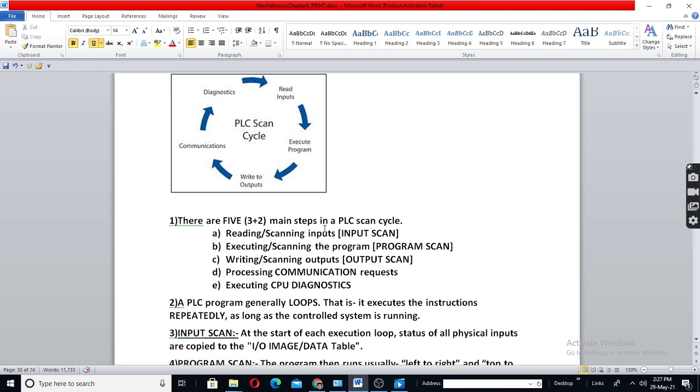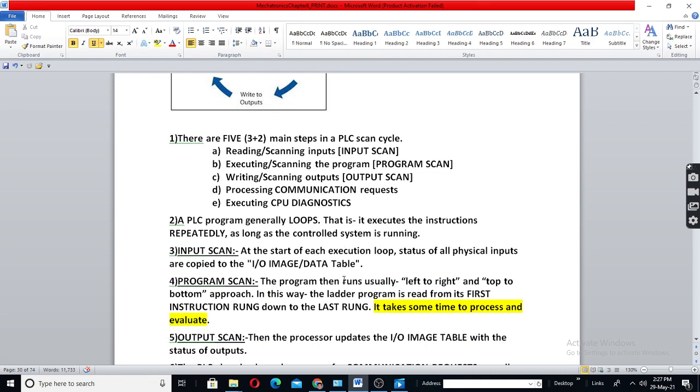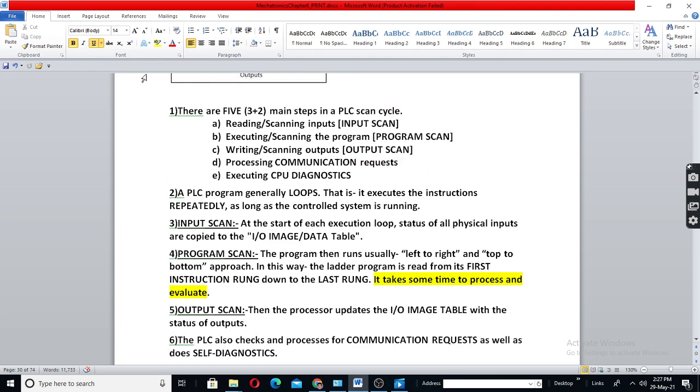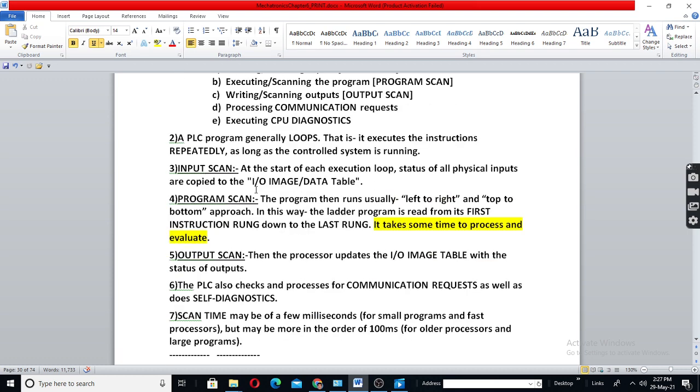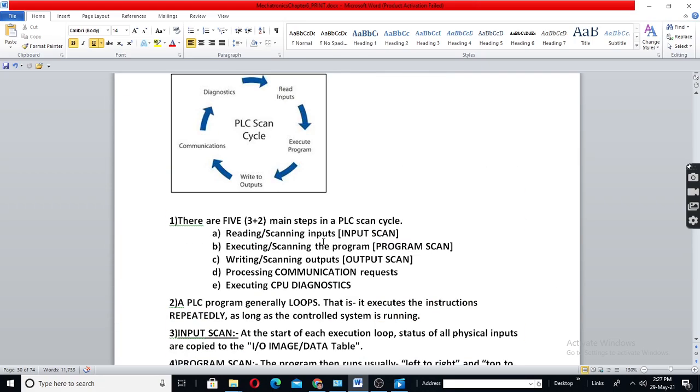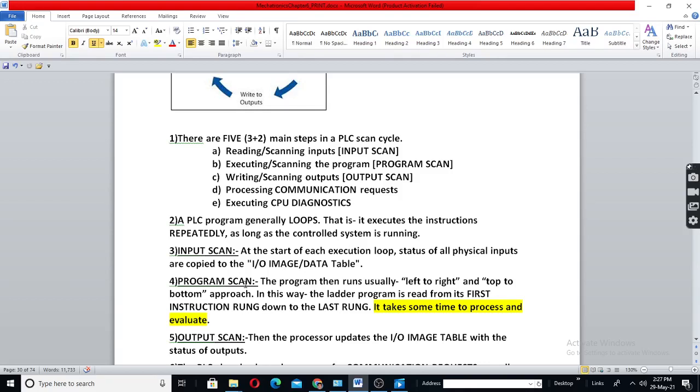And then communication. Sometimes you may have to talk to your neighbor, or whatever it is, which is not part of the duty. So mainly 3 plus 2, these things will be done. How these things will be done will be explained later. When you operate that, you will understand. You can just write, you will understand this after that. Suppose here, ladder diagram, we'll see that later. We'll come there, and then you can read this and you will understand this.